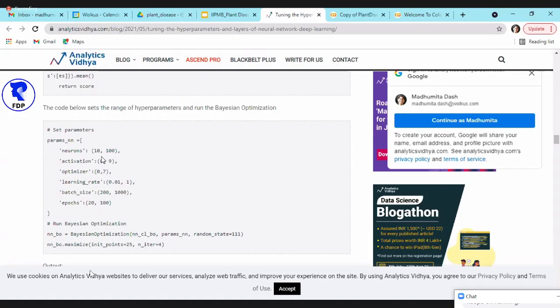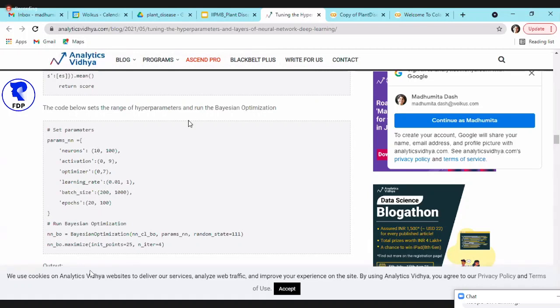So what you do is you mention all the possible permutations and combinations, and you pass this to Bayesian optimization and say fit the model, test on the validation data, and give me the best parameters.